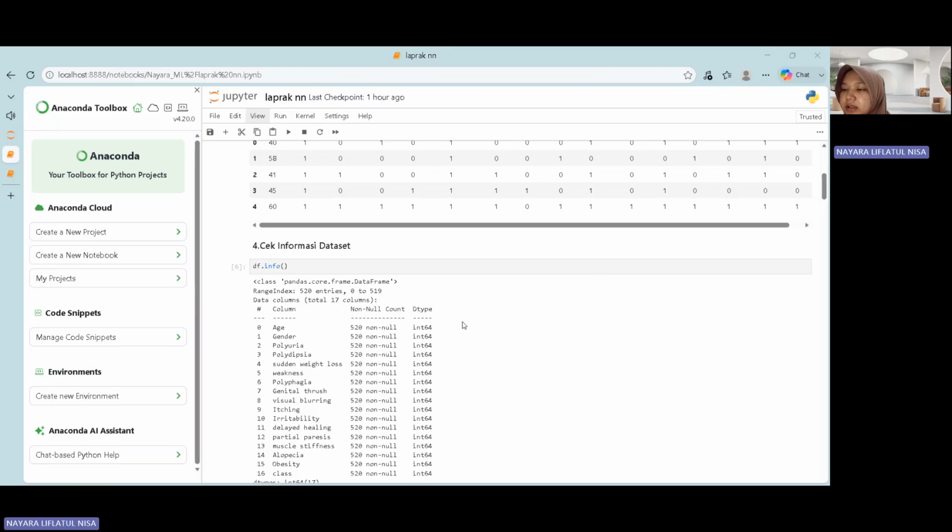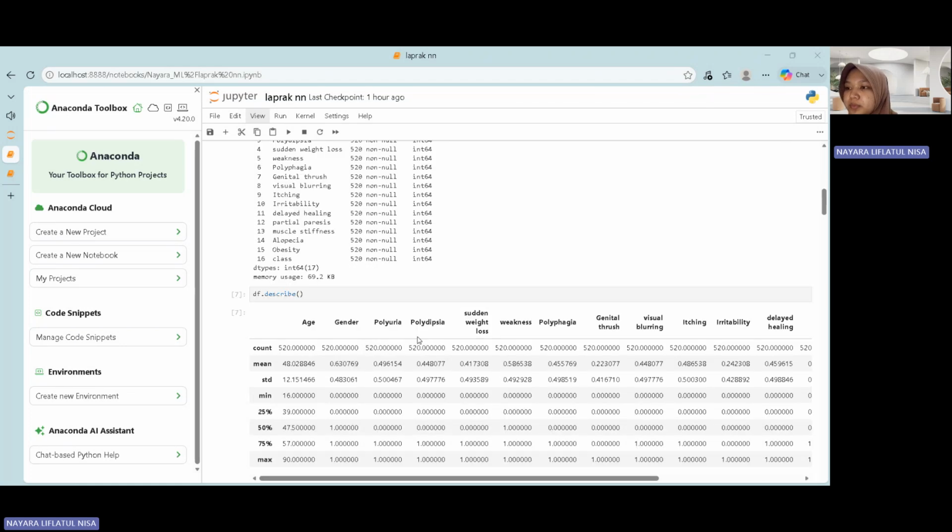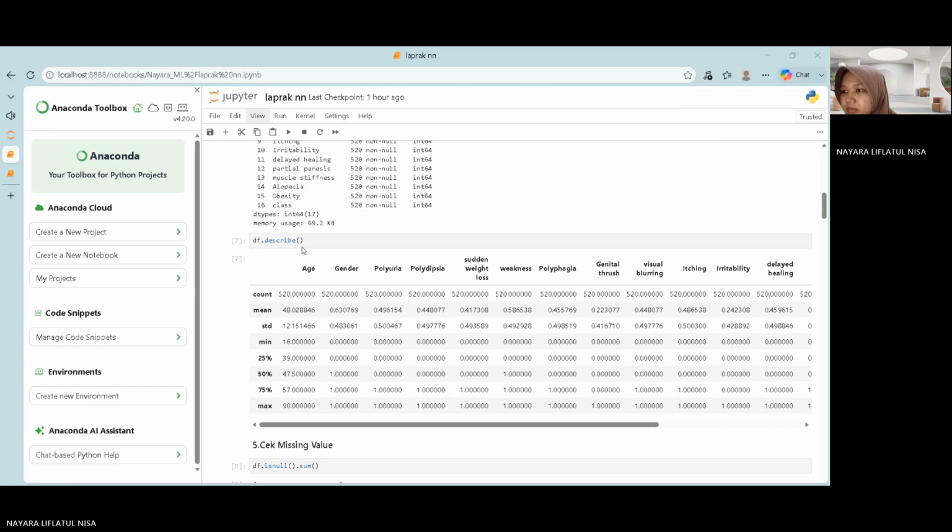Next, I check the dataset information using the info function. This step helps identify the number of rows, columns, data type, and whether there are any missing values. I also use the describe function to view the statistical summary of the dataset.